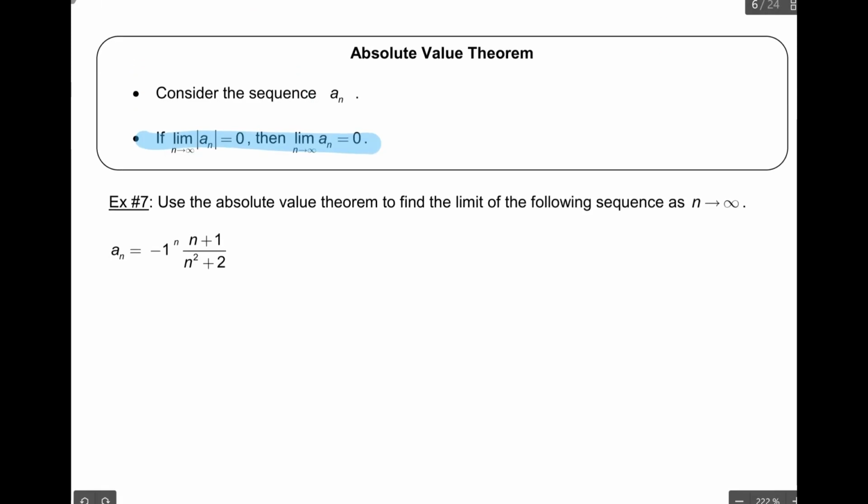This is the last page of 8.1, so absolute value theorem. Consider a sequence, right? Here's my sequence a_n. So keep in mind, a of n is the sequence, and when I'm talking about the n, that means which one are we talking about? Are we talking about the first term, the second term? Here we're talking about like the millionth term, as the term number goes to infinity. So this is like the last term in our sequence.